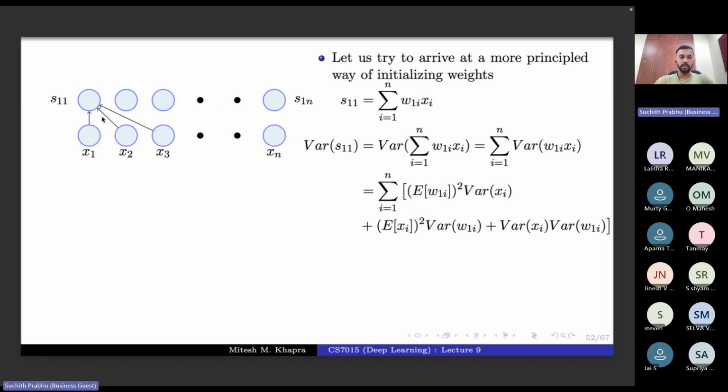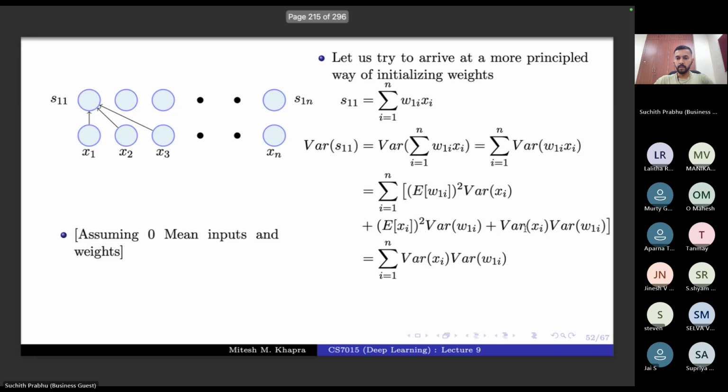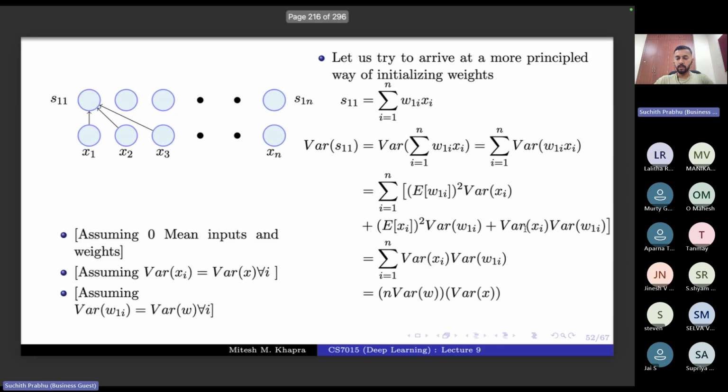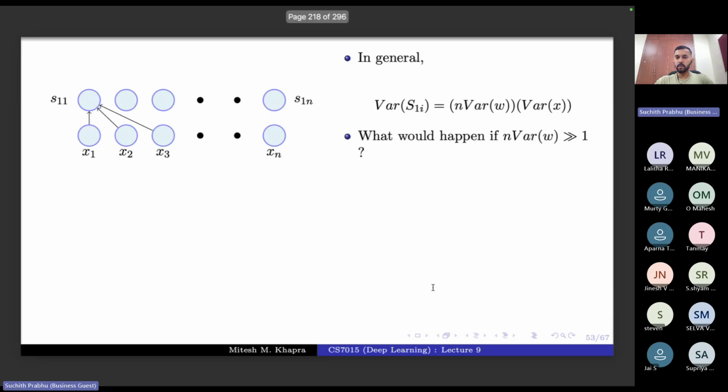So that's why we look at this multiplication only, and we try to see that the variance is maintained. The first two terms would be 0, and we'll just focus on the third term, and for this to remain equal,